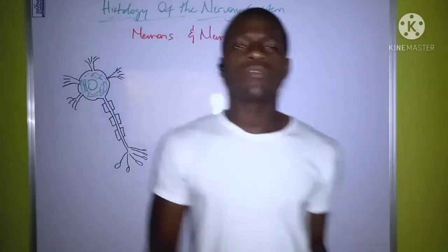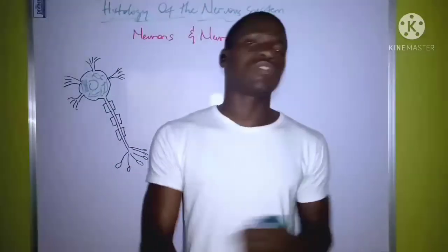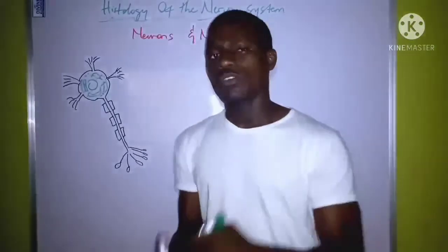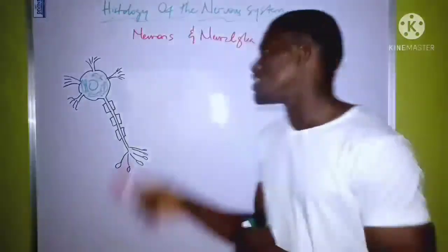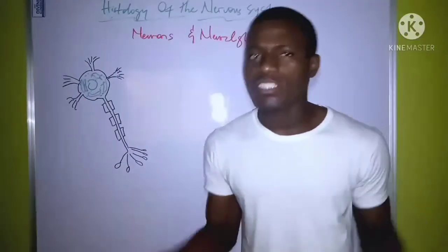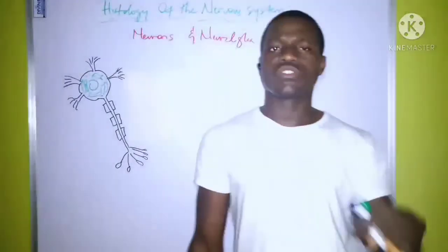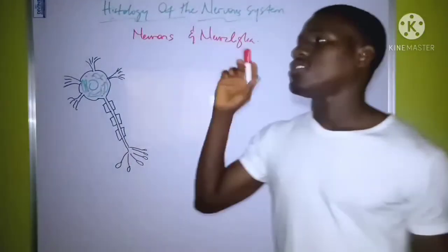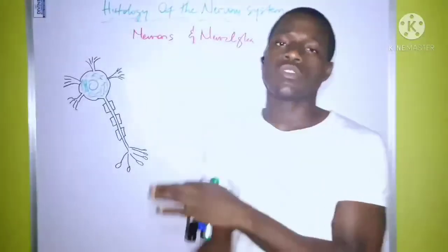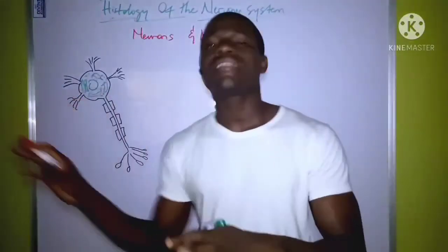In this video, we'll be talking about the histology of the nervous system. This refers to the structures that make up the nervous system. Basically, there are two structures that make up the nervous system, which are the neurons and the neuroglia. The neurons are the functional unit of the nervous system, that is, they carry out the basic functions of the nervous system. All the functions of the nervous system are performed by the neurons, while the neuroglia are supporting structures that are found within the neurons or surrounding the neurons, and they help to support, protect, and maintain the function